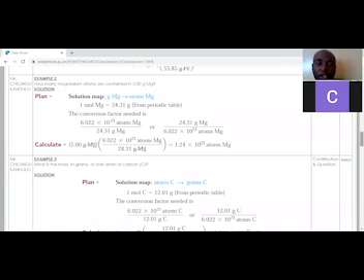So in this case, the molar mass of magnesium contains 6.02 times 10 to the power 23 atoms. When you write the conversion factor for 5 grams magnesium,